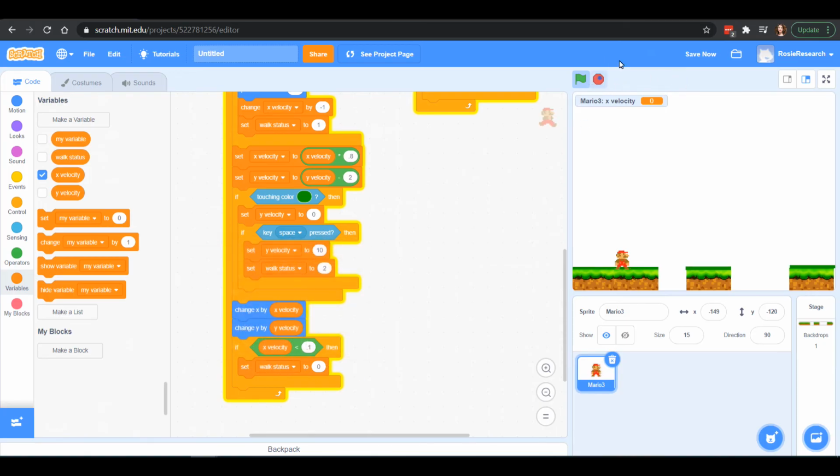And notice Mario instantly stopped. So I can hit run, and I can walk in one direction, and Mario will stop. But it doesn't start back up. He'll stop, but he doesn't start up when I go to the left, which is kind of a bummer. So let's fix that.